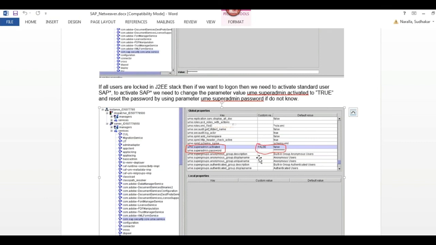You changed it to true, so again change it to false: super admin activated equals false. Got my point? So that is the procedure to activate the super admin user in a Java stack system. Through the Visual Administrator tool, we can activate and deactivate the super admin user. What is the super admin user? SAP star.